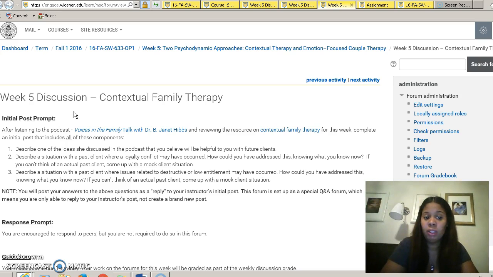So you're going to complete all initial posts that include all these components. You're going to describe one of the ideas that she discussed in the podcast that you believe will be helpful to you with future clients. You're going to go on to discuss a situation with a past client where loyalty conflict may have occurred, and how you could have addressed this, knowing what you know now. And if you can't think of an actual past client, you can come up with a mock client situation. So I just want to make sure that you understand it and how to really embrace